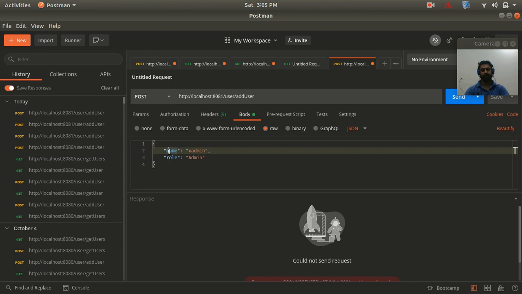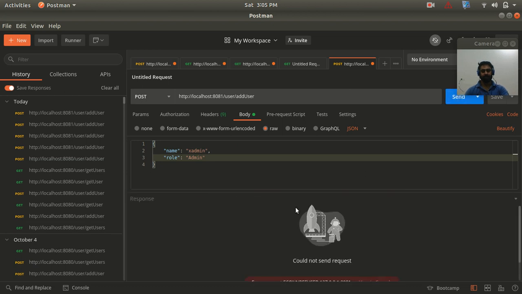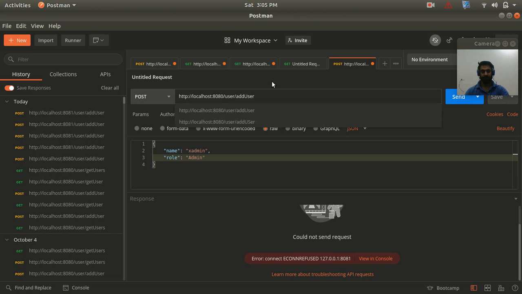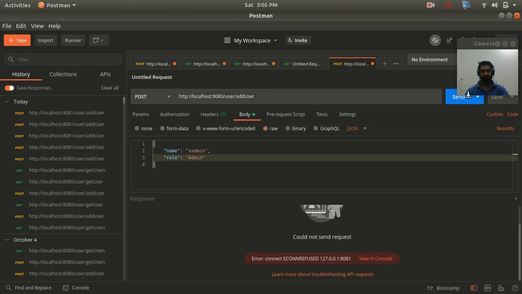So for that I'm passing the name as xadmin and the role as admin in the request body. And let's hit the send button and let's see whether we are able to add or not. All right, so we need to change this port number. So here I was using port 8080, right? So let me hit the send button again.